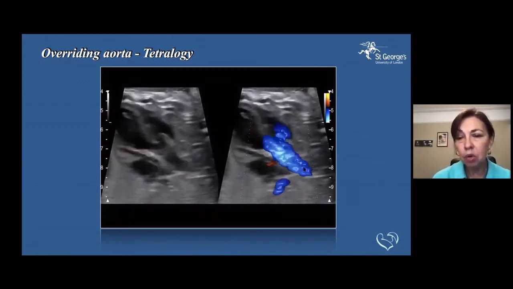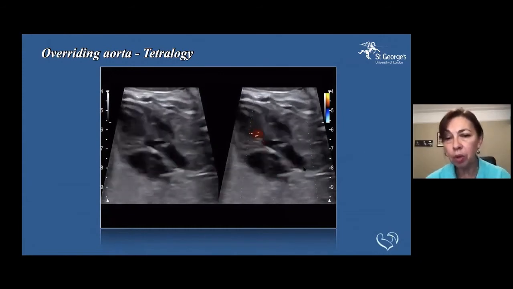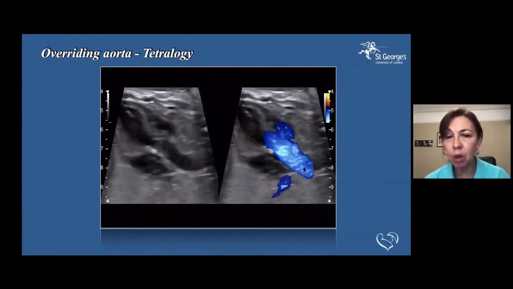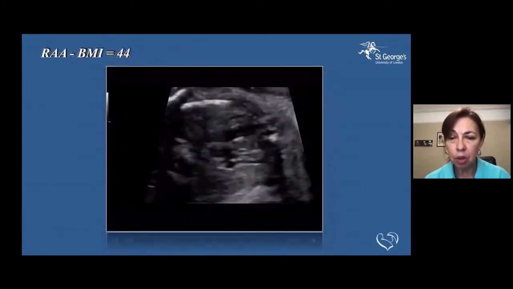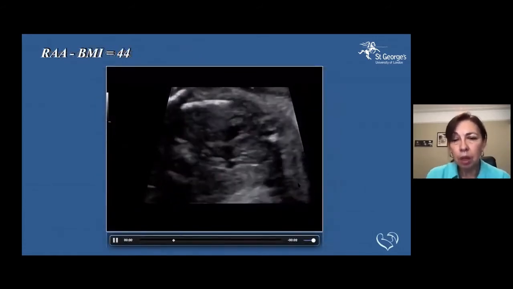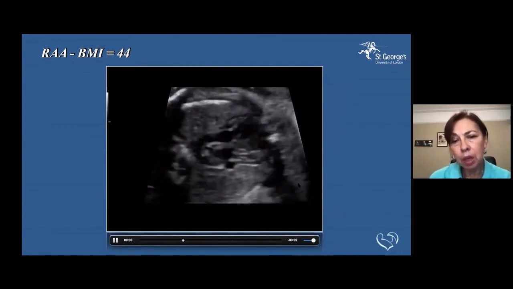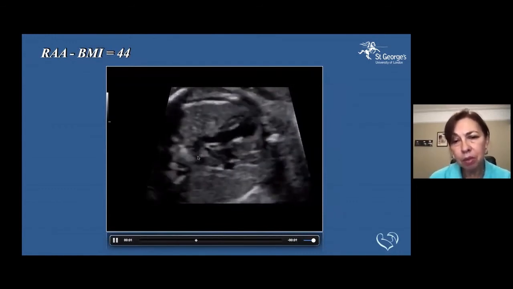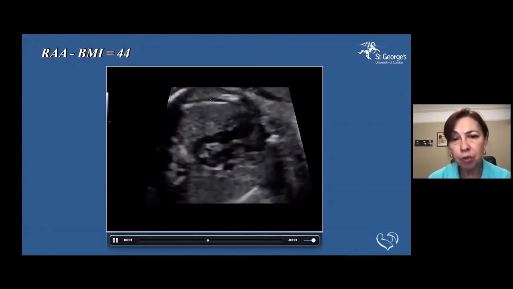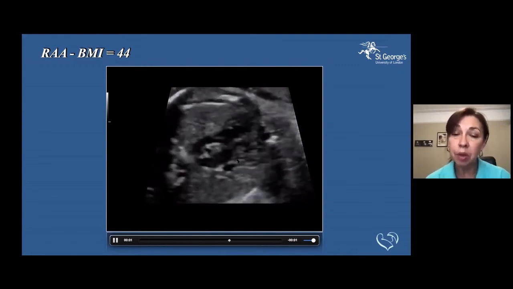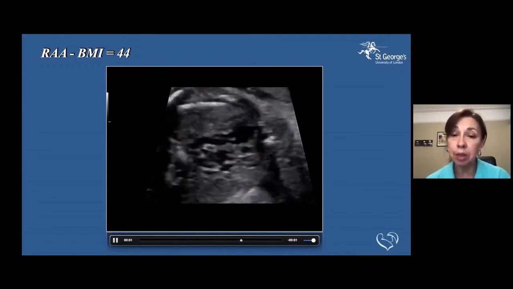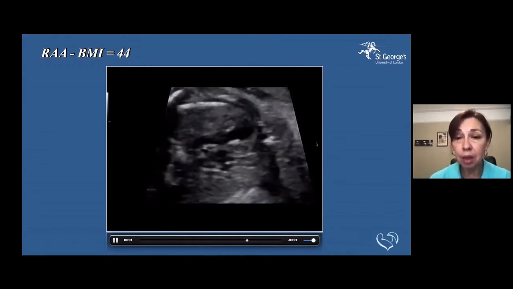So again, this is all color information about velocity, about the anatomy. It complements the image we can get on cross-sectional echocardiography. In this example I put here, although we may see that this is a right aortic arch, the patient had a high BMI, 44, we still get a good image, perhaps not as perfect as we'd like, but those are the limitations of day-to-day practice. But if we add the color,